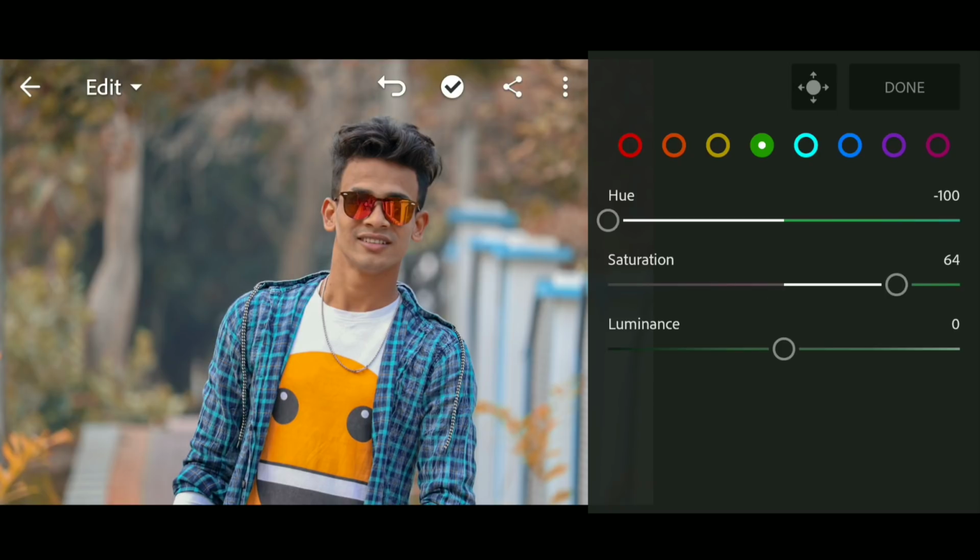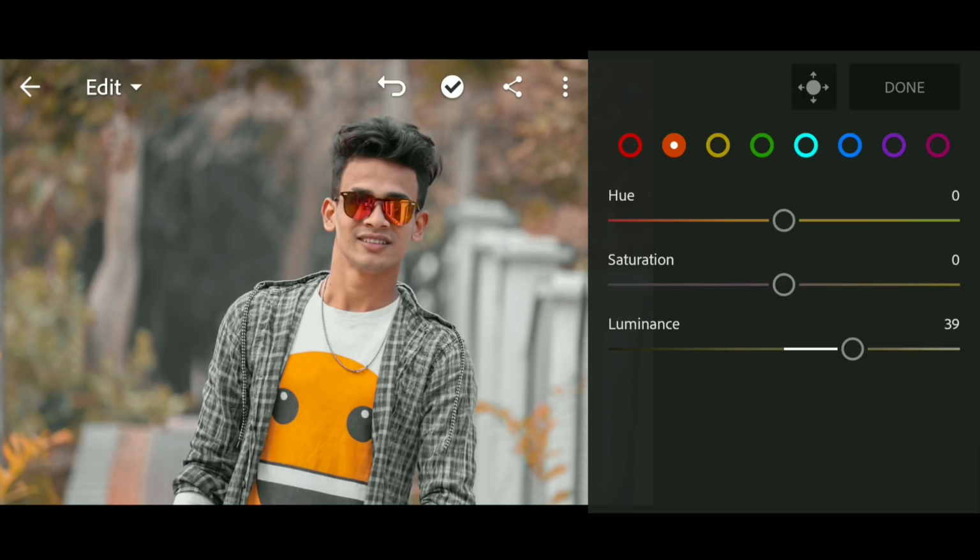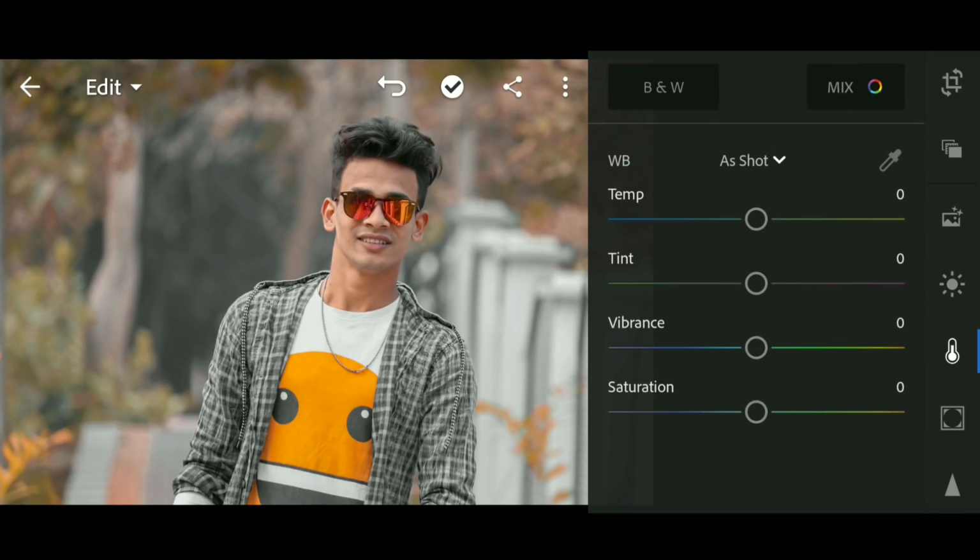Okay, now I will decrease some other colors. I will decrease all the saturation for the other colors, so it will give me a better color option. Okay, and I will take the orange slider, and I will increase some luminance because orange color is a face tone color. Okay, and I will hit done.